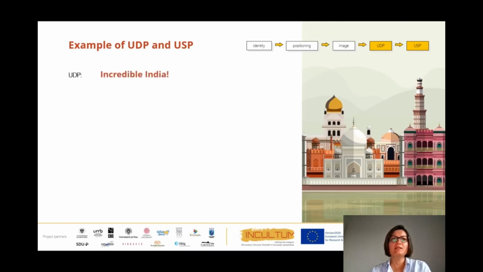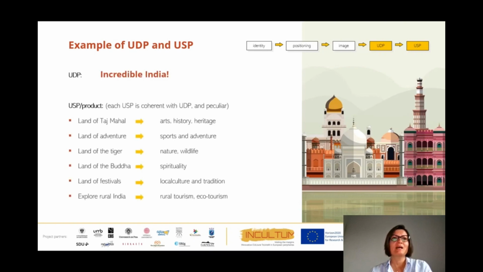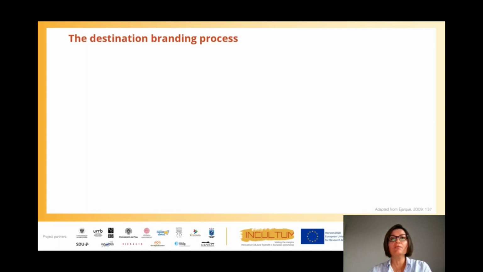The UDP is Incredible India, under which the various product clusters are identified, the USPs, which, while remaining consistent with the UDP, express distinctive traits in the type of experience they offer. We have seen in detail all 5 logical steps to answer the question how to turn a territory into a recognizable and attractive tourism destination, and how to transform it into a brand. We conclude this unit with the contribution of the scholar Ejark, who helps us to systematize the destination branding process